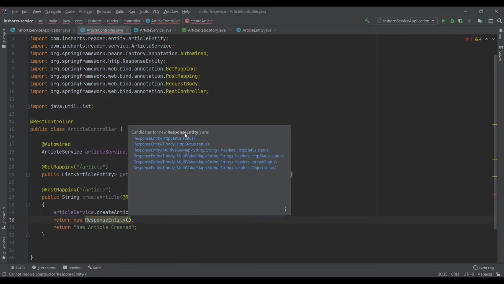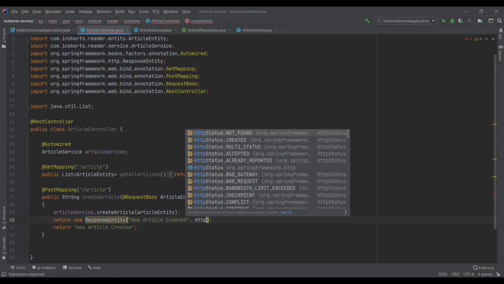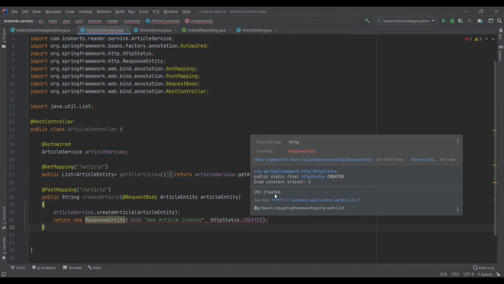So here you can see we have multiple implementations of response entity. One such thing could be you will return only the status code. The other thing would be you could return a body, that is whatever response that you want. In our case, we are just gonna return a string as a response, along with a status code, and we'll be choosing this implementation. So let's write down the body. The body is a string and the status code is this, which represents 201, and this should be used whenever we are creating a resource.